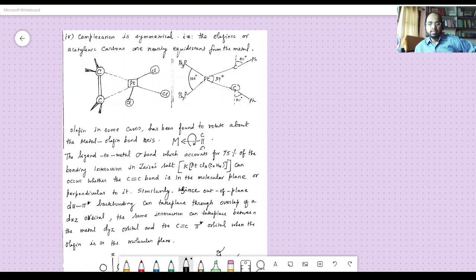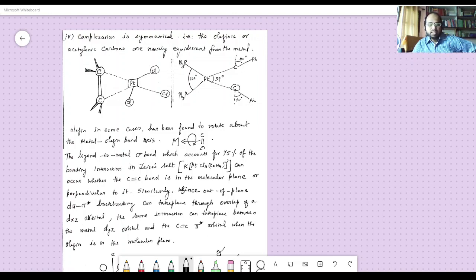So in the previous class, we saw the Dewar-Chatt-Duncanson model, which assumes a synergistic relationship between ligand to metal pi to sigma bonding and metal to ligand d pi to pi star electron flow. That results in a lowering of the pi bond order of the coordinated olefin compared to the free olefin. As a consequence, we saw that the coordinated olefinic C-C bond is lengthened. That is, the C double bond C or C triple bond C stretching frequency was reduced.